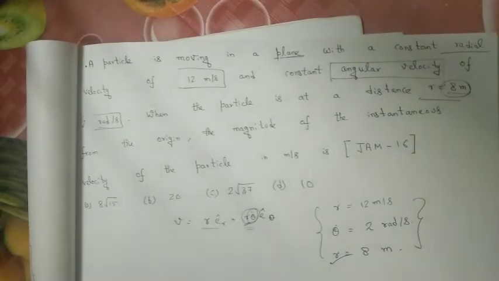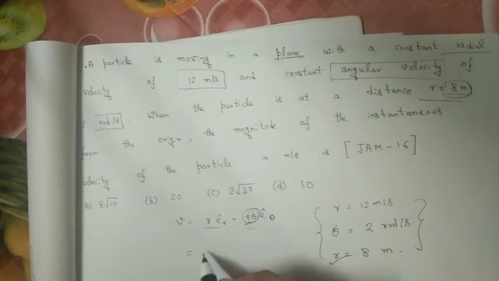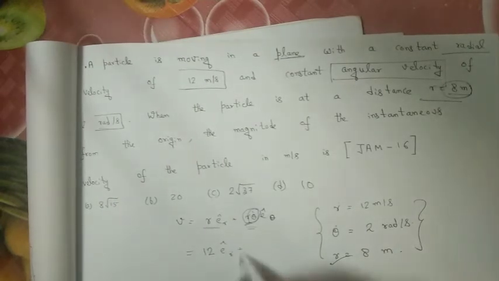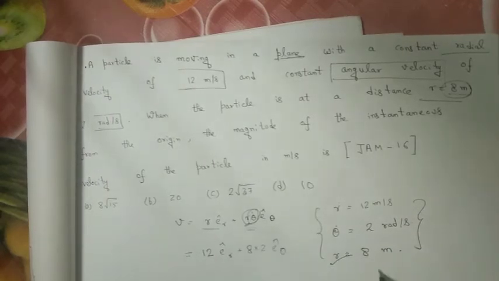Just put the values and do the problem. r is 8, theta dot is 2, and